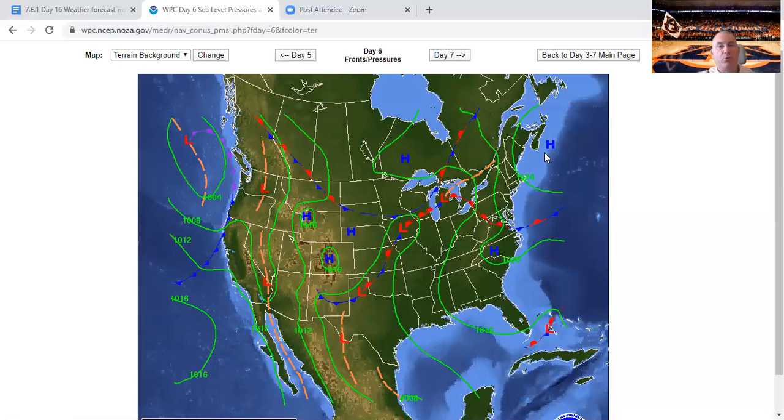If it's a red line, it's a warm front. If it's a blue line, it's a cold front. And if it's a red and blue line, it's a stationary front. Purple is occluded. The orange lines with dashes on them are troughs, just areas of low pressure inside of an air mass. Air masses basically typically have the same air temperature,